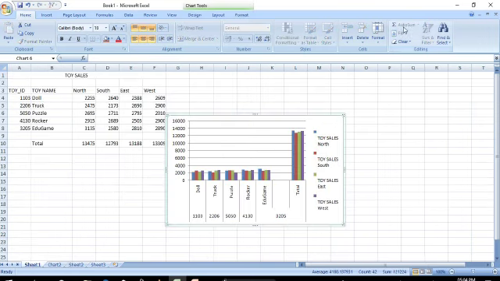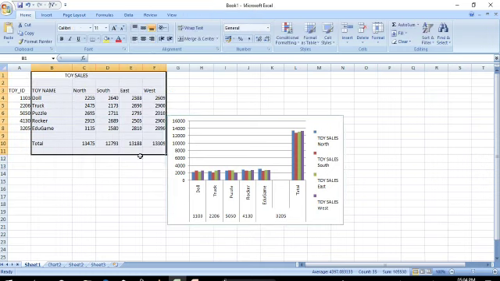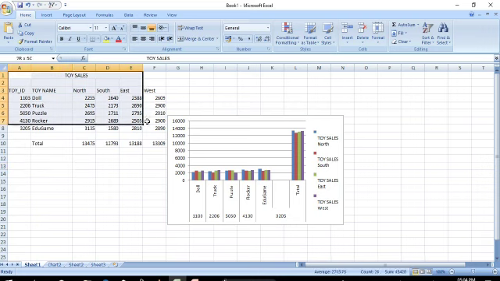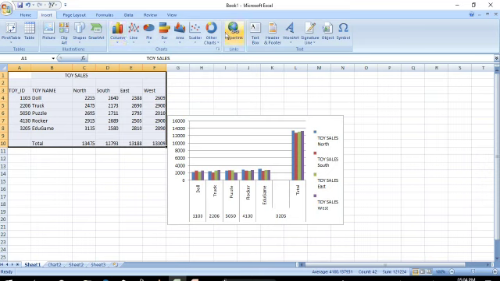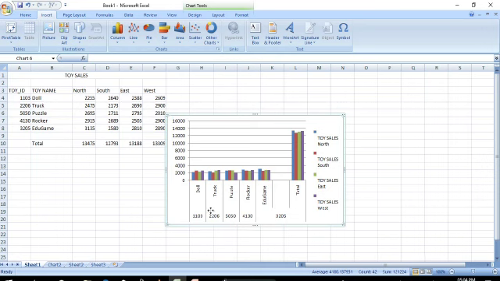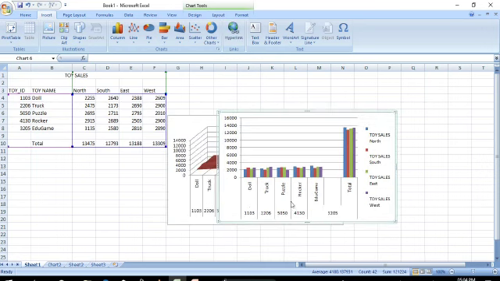Okay children, now you look at this data. To create the chart, first you enter the data and then you select the data, click on insert chart type. Okay, so you will get this chart. This is the y-axis and this is the x-axis and these are regions.